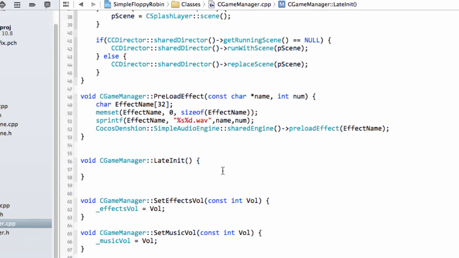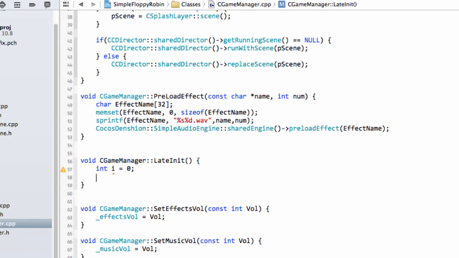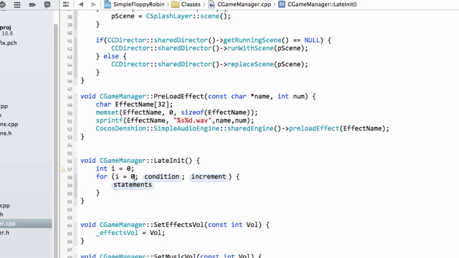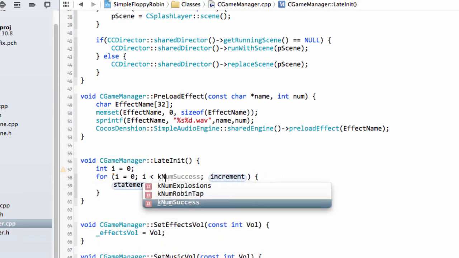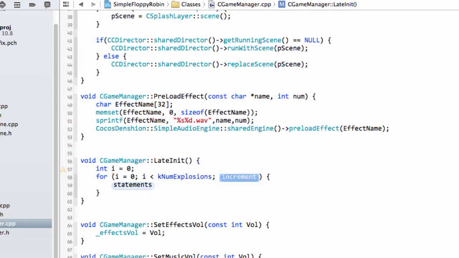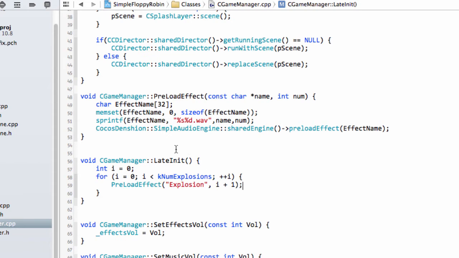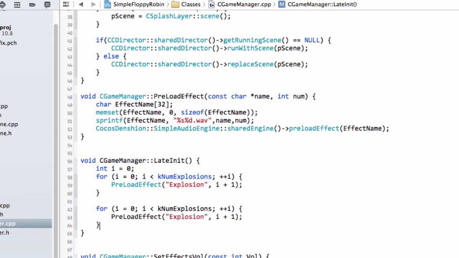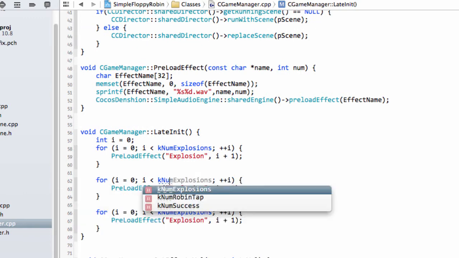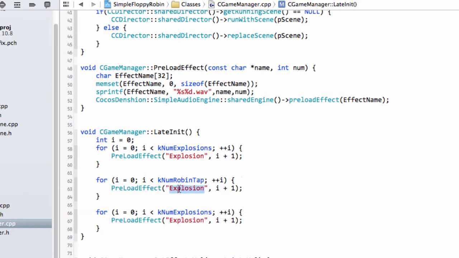And now inside the lateInit, we want to set up the actual loading of all those effects. So we'll do for i equals 0, and the condition is i is less than kNumExplosions, and then plus plus i. I'm sure you get the idea, this works. And now we can say preloadEffect, and we want explosion, and then the number, which will be i plus 1, because remember i starts at 0. And I'm just going to copy and paste this a couple more times, like so. So we want kNumRobinTap, and this one is called robintap, and we want kNumSuccess, and this one is called